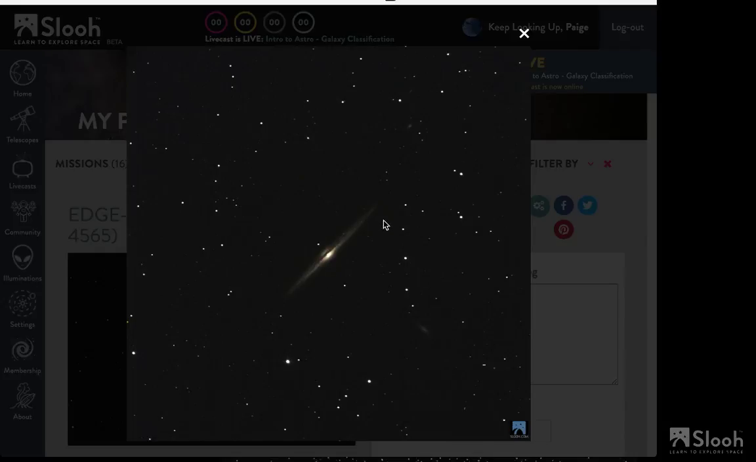Now, here's the issue with that. So in this image, it is very crisp and clear. You can very clearly see the bulge, you can see the thin disk, and you can actually see the disk running through the central bulge. It is very clear that this is an